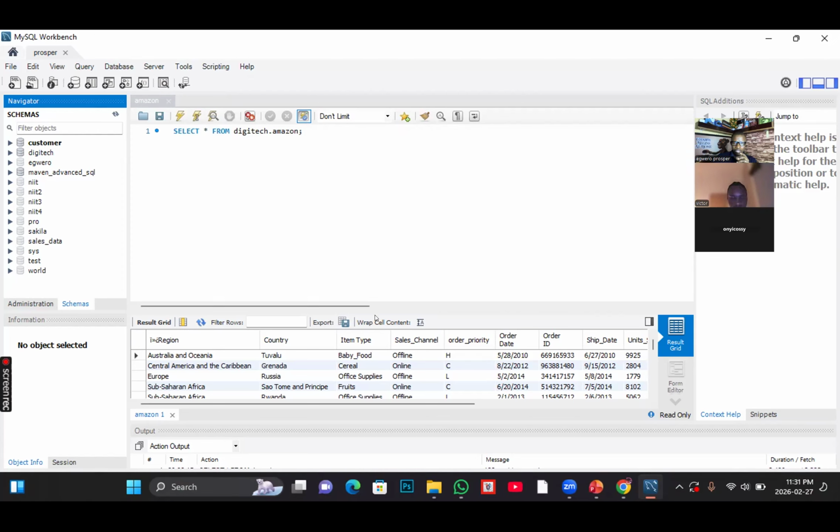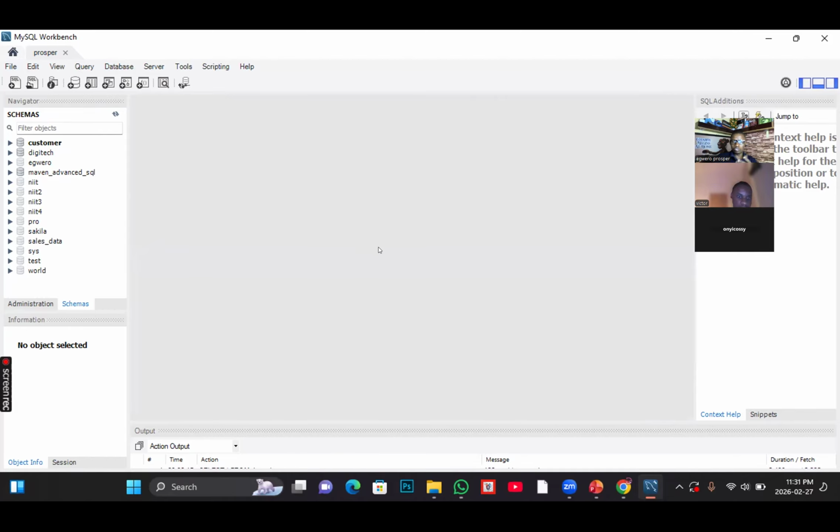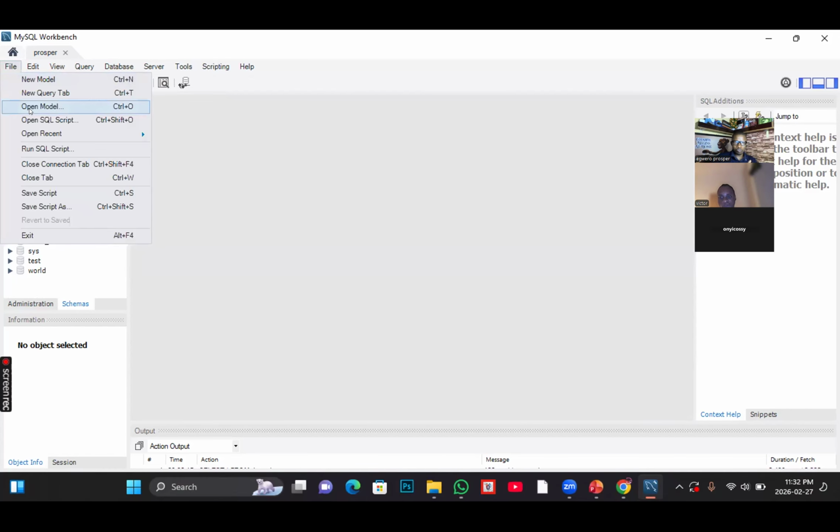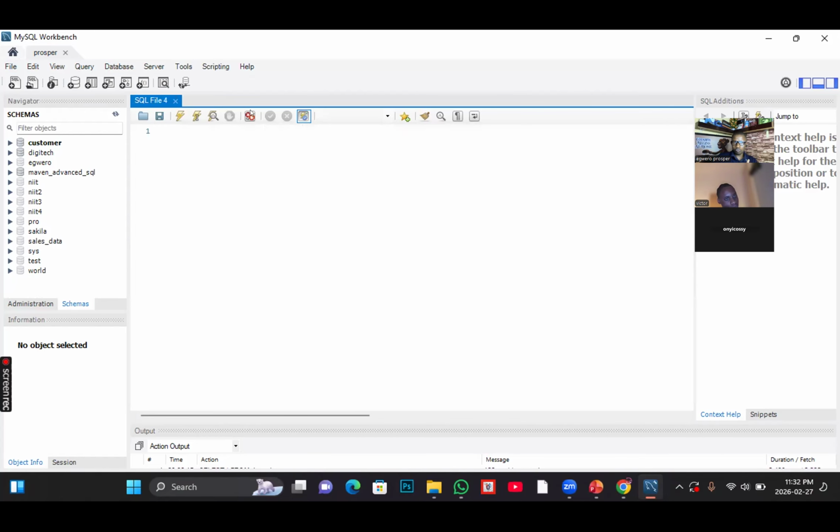Now, let me talk about this section. This section is your query environment. This is actually the IDE, the development environment, where you can write. So if, for example, it's not open like this, how do you create a new query environment? That is the section that will help you to write and execute your queries. So you go to File, and then you select New Query, or you press Ctrl T, and that will give you